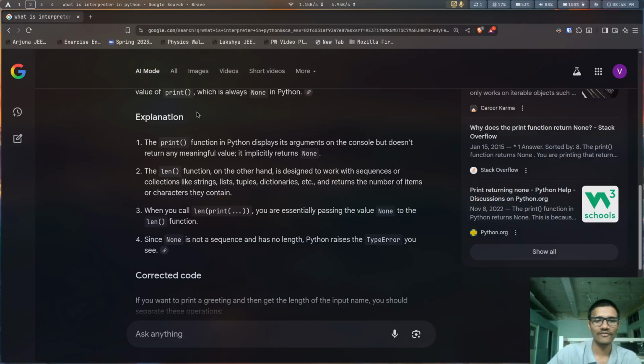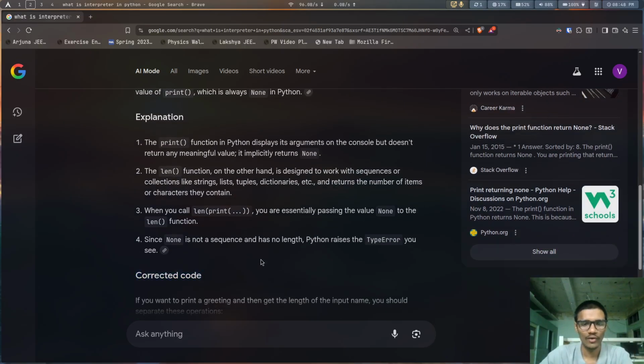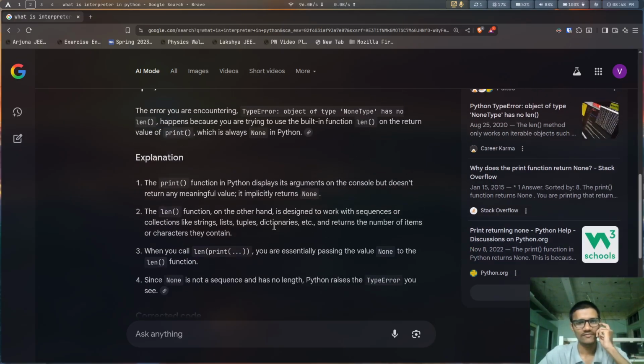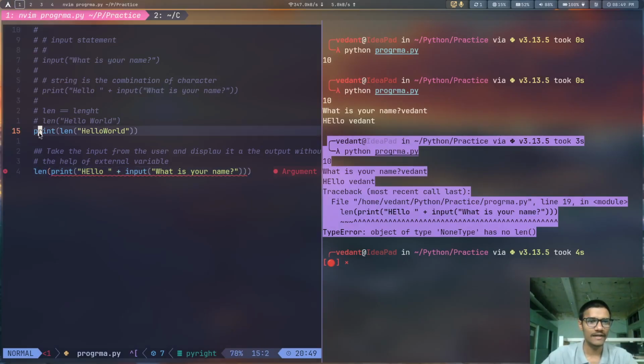This can be solved. I could just see the corrected code, but I am not going through it. Let's try to solve it by ourselves. I think I get my mistake. Here, in the first print, the len function is inside the print function. It prints the length of hello world, but len just calculates the length. To print the length we need to give it some type of catalyst, and the print statement acts as that catalyst.